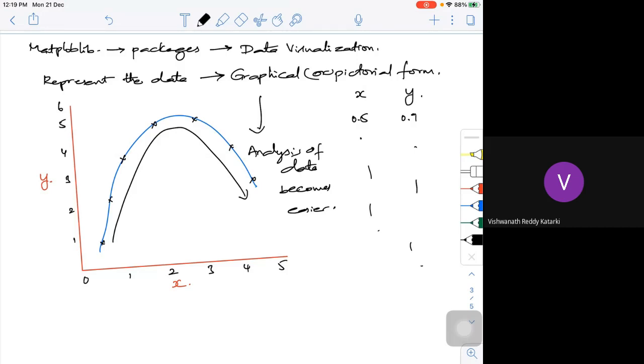Rather, if I look at the data, I won't be able to visualize anything, because it only gives the data. Stress versus strain, whatever it may be, I'm going to get the data. But when you try to represent it in the form of a graph, the analysis of data becomes easy for me. So visualizing the data is what we are trying to do. Now, in Python, we try to have different types of